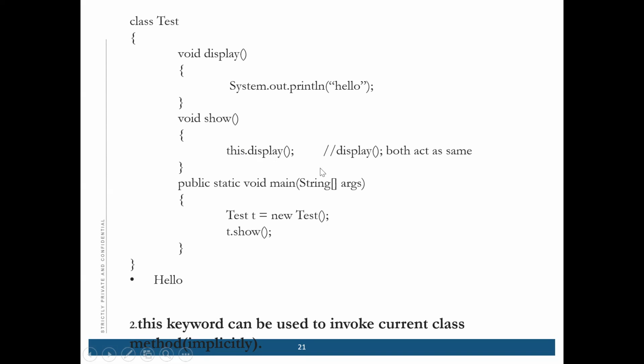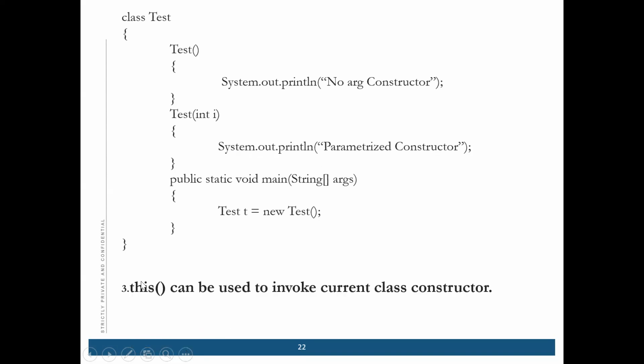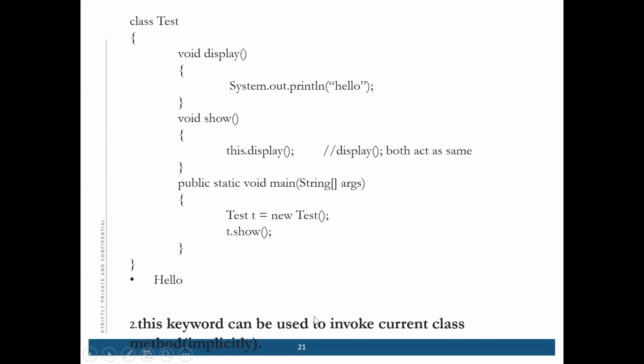You can try these programs at home. Okay, now the third. Can you go back to the earlier program? So here you are saying using this is optional, even though you don't use this, it's okay. Yeah, so basically we are just trying to call the display method through some other method. We want to call display, but we are calling it through show. That's all.